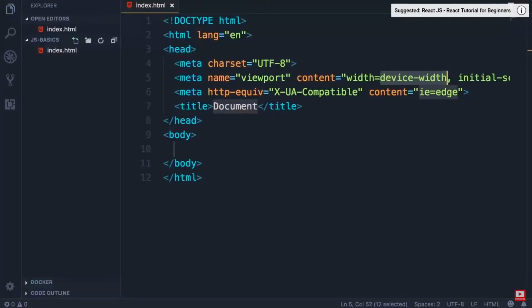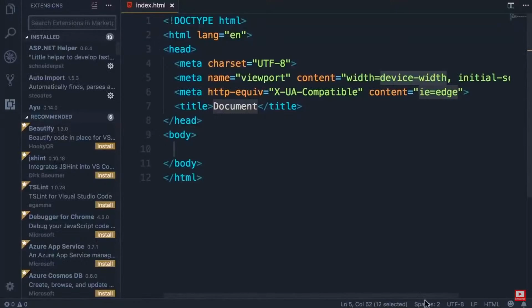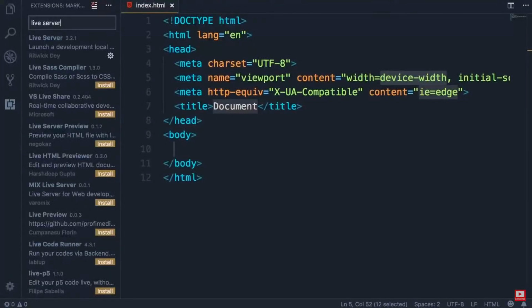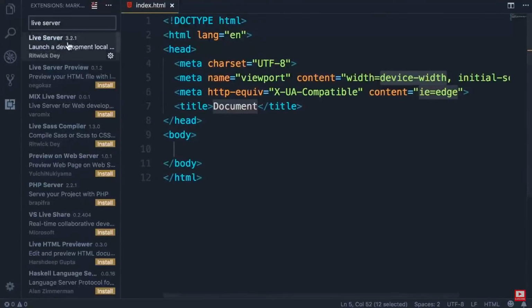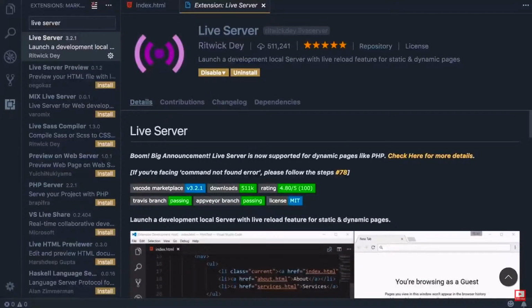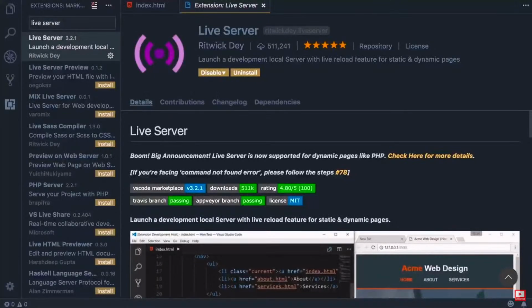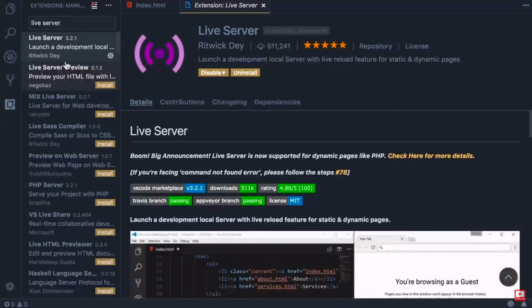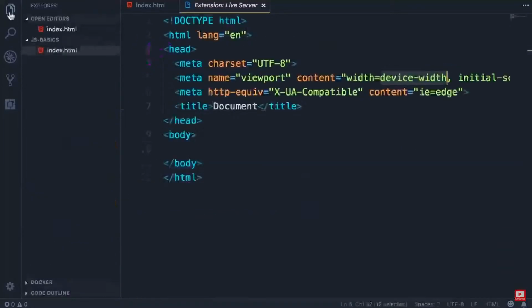So, save the changes. Now, open the extensions tab here. Here in this box, search for live server. So live server is a very lightweight web server that we're going to use to serve our web application. So install this, then you will have to restart Visual Studio Code. When you're done, go to the Explorer tab, right-click index.html,